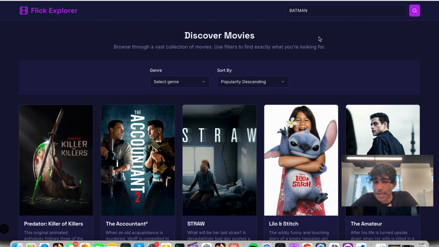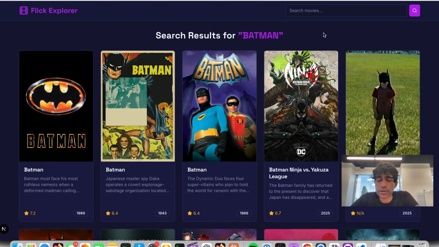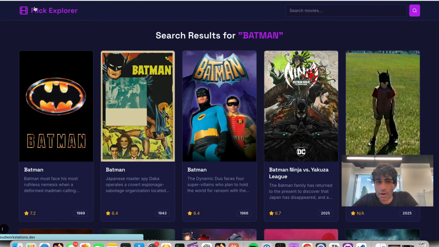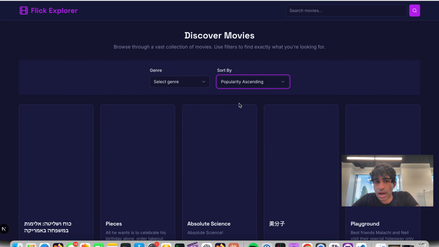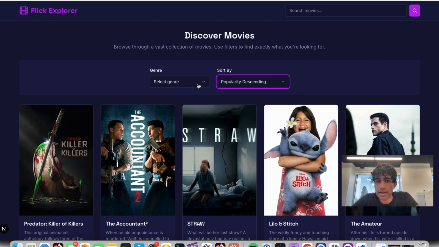So if I were to type in Batman for the movies and perform a search, we get all of our search results back here, and we've got those beautiful cards. It's showing us all of that information. So that's awesome. Now it's also got the ability to do sort and genre selection, so you can sort by